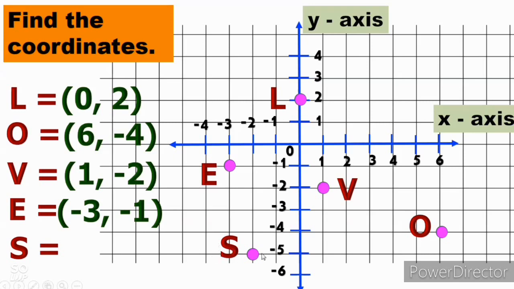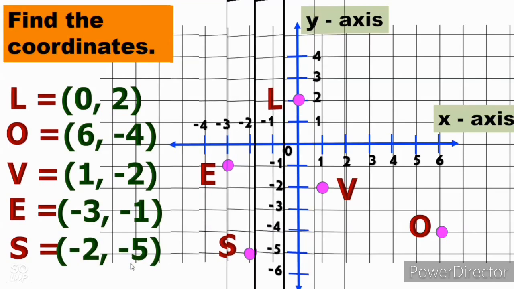Next, we have the point S. Unahin natin sa x-axis, nakatapat ang point S sa negative 2. And then, nakatapat ang point S sa negative 5 ng y-axis. Therefore, we have negative 2, negative 5. Okay, so that is how